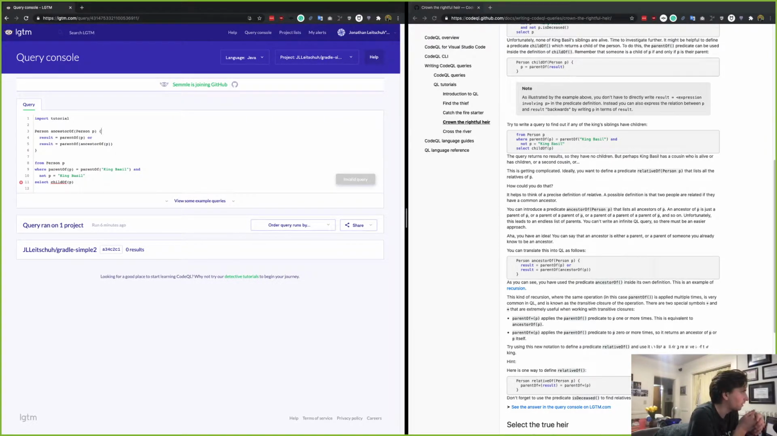So, I think that what we can do here is try to define a predicate relative of and use it to list all of the living relatives of the king. So, ancestor of,